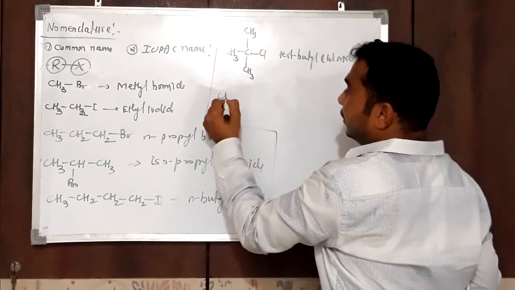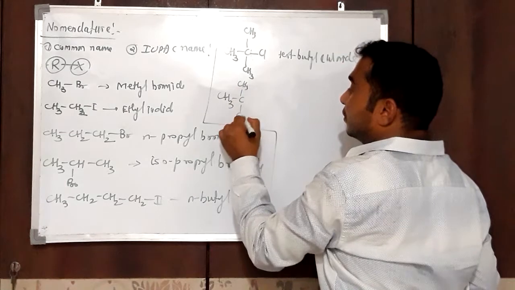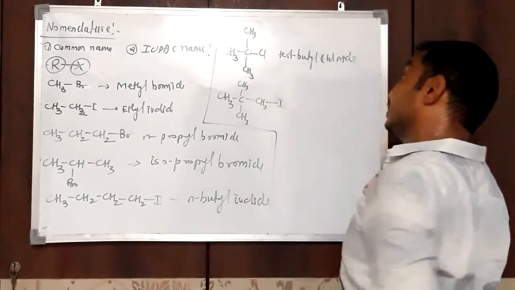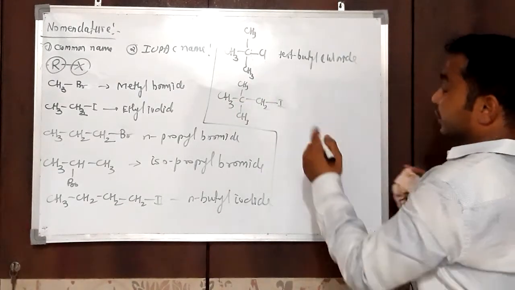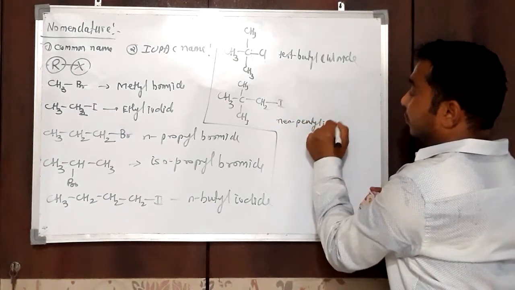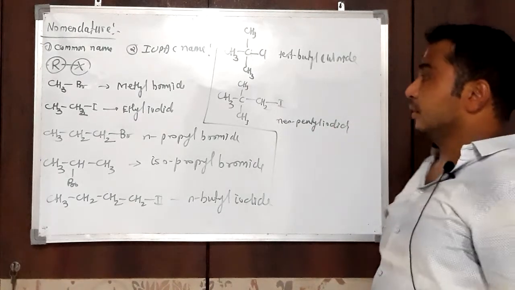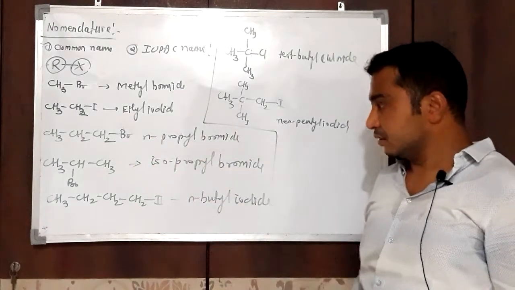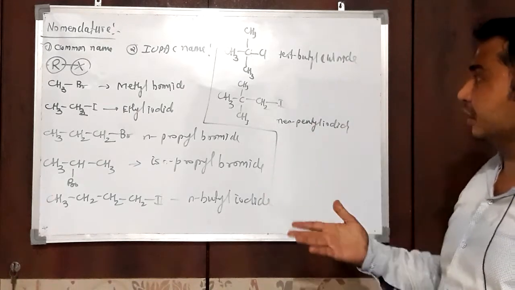Okay, then N-pentyl iodide, and neopentyl iodide. Okay, and so on. If it is a normal alkyl group, then N, iso, neo, tertiary. And for the remaining, we have